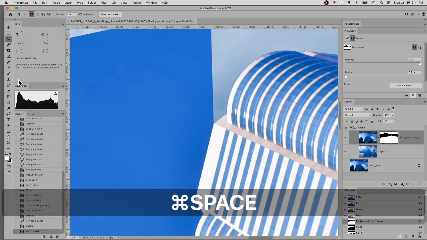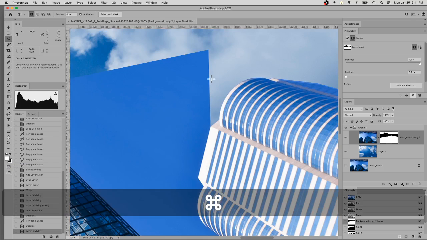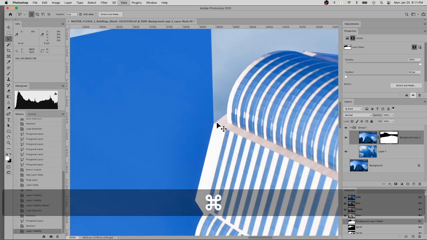So for instance, if I were to take my poly lasso tool again, this will depend on the black and white swatches here at the bottom of the toolbar. You want to make sure that they're black and white because the black and white corresponds with the mask itself on the layer mask. Now you can swap them back and forth depending which way you need it, but in this case I need the background to be removed, which is going to be the sky part here, so I can make sure that the black is in the back of the layer order, and I can simply come in here